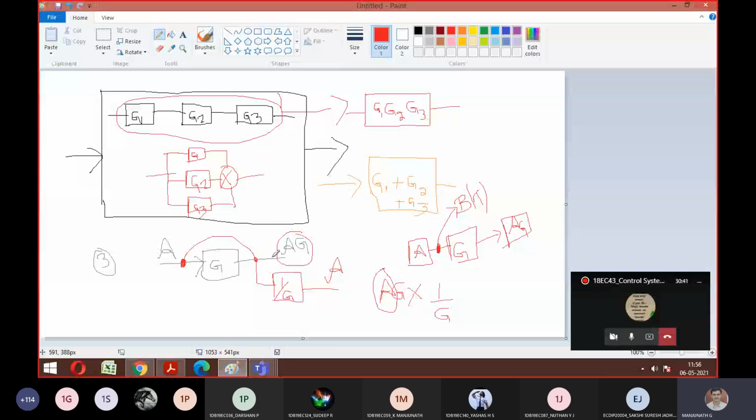So when should you move this breakaway point ahead? Whenever you find such kind of logic. I will show the example G1, G2, G3, right? Assume that there is a breakaway point here. Then what will happen? I can make G1, G2 as series. I can't make the combination of that in series with this because of the presence of this point. Then rule number 3 comes. You move this ahead by giving a new block called 1 by G3 such that there is not any alteration. Then I can treat this as a series combination. Is it clear?